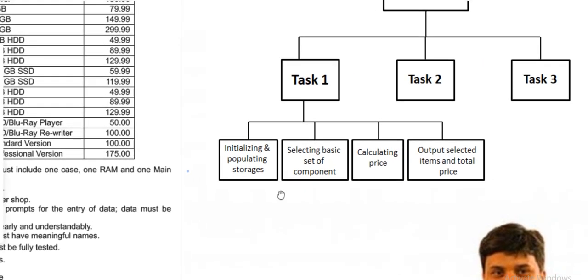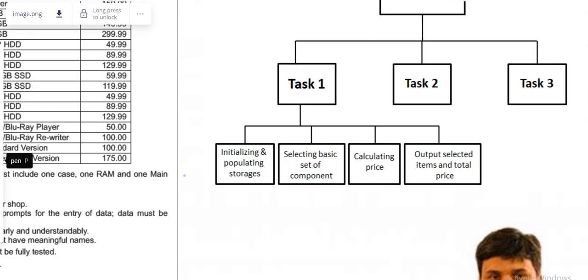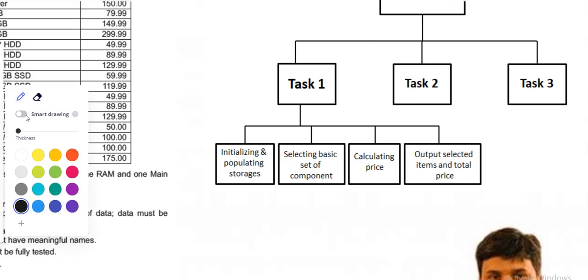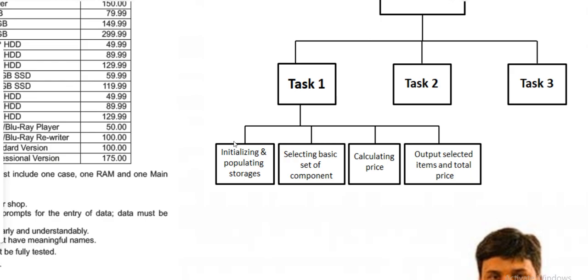So in task 1, what is actually happening? Setting up the main system and ordering the main item. It includes, as I have already shown you in the points, and I am also showing it in the structure diagram in this top-down design. Initializing and populating storages, this is one subtask. Selecting basic set of components, this is the second subtask. Calculating price, third subtask. And output selected items and total price. So this is what is actually needed